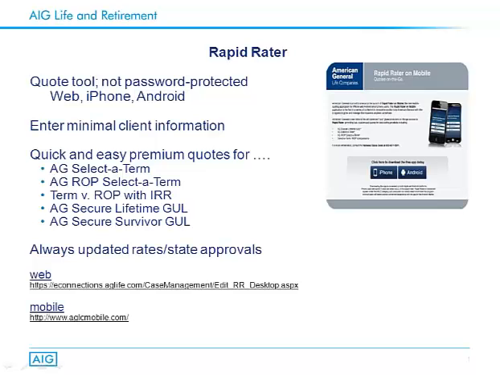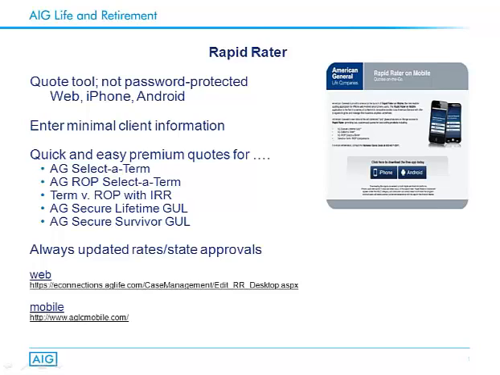Diving right in, we want to show you some product details and also show you the tools. I think one of the best things to show you is an online option. You can get to this via the web. You can get to it on your iPhone or on your Droid if you have a handheld phone and you want to carry that out to a meeting. Get some quick quotes. If you're in front of a computer, you can Google Rapid Rater. Those are two words. Put them into Google, and the first result is probably this Rapid Rater link. You click on the link, you open it up, and it's just a simple way to quote our top